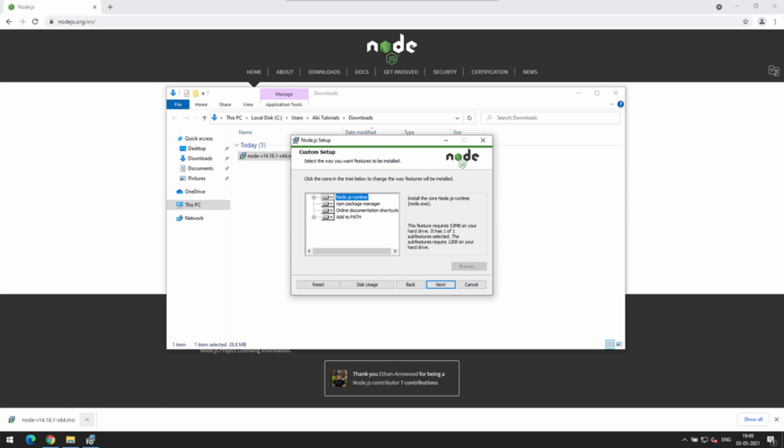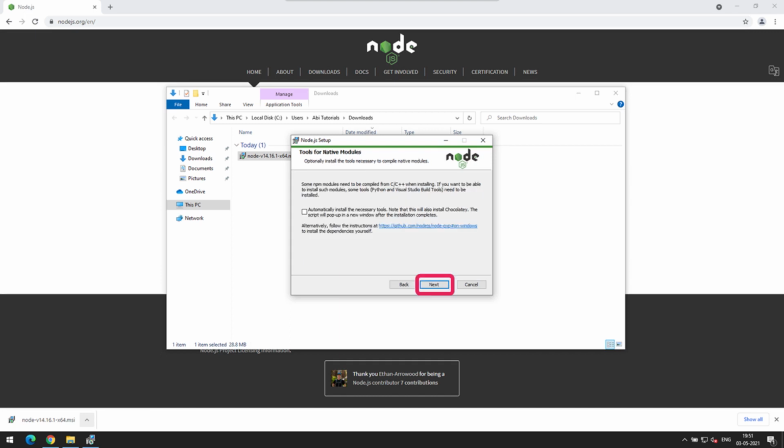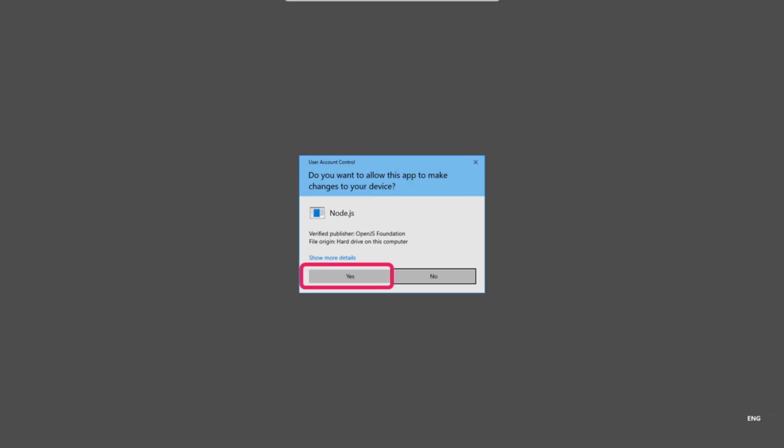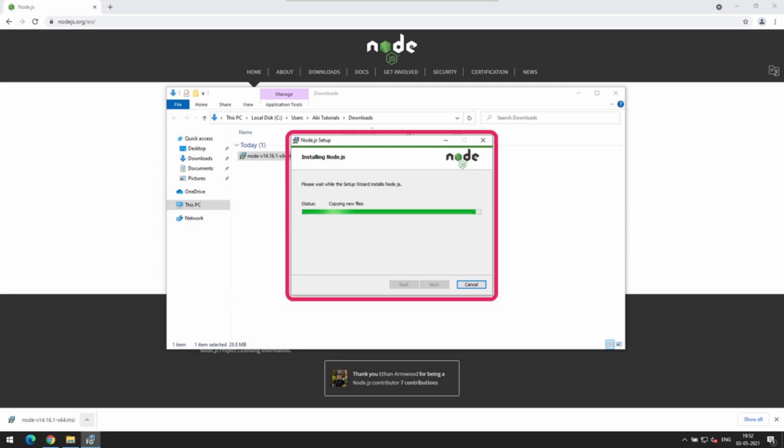All items mentioned here will be installed to the system. Also, as mentioned here, the Node install folder will also be added to the system path so that Node can be globally run from any folder in your system. In the screen, you can choose to ignore the optional tools and click the next button. Now click on the install button as displayed. Select yes in the dialog as displayed. The installation will start. Wait for the installation to complete. Once done, click on the finish button.